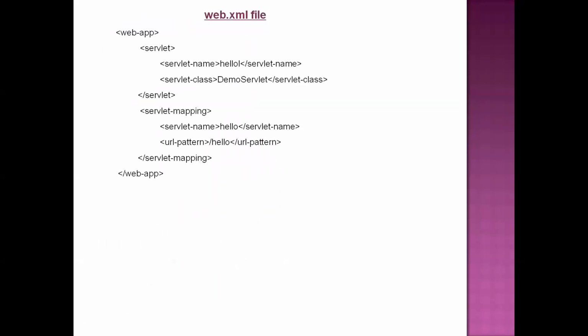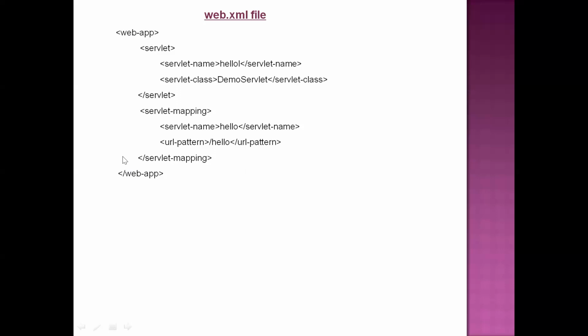Now see the structure of the web.xml file. For any web application, the web.xml file structure will be like this. Here I am showing only a few tags, the basic important tags that are used for deploying your application in the server. In this web.xml file, all the tags are predefined tags only. There are no user-defined tags; we should not use any of our own tags. Here we have one root element, whose name is web-app. This indicates the web application.